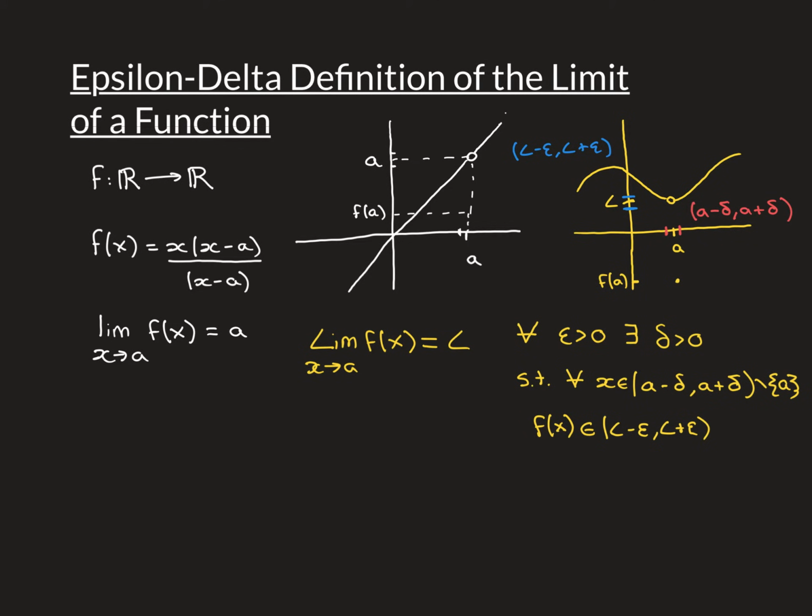So for however indefinitely small that interval is going to be, for all epsilon, there must exist another interval, a delta interval, around the point in the domain, around this point x is equal to a, and that's shown here in red, so a minus delta to a plus delta, again an open interval, and here is the lower bound of that interval, here is the upper bound of that interval, such that for all of the points inside that delta interval, they are going to be mapped into, by the function, the epsilon interval around L.